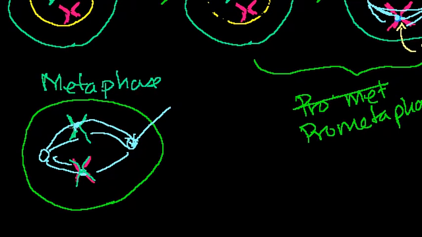Metaphase, you just have this aligning of the cells, and there are actually some theories on how the cell knows to progress past this point. How does it know that everything is aligned and attached? There are some theories that there's a signaling mechanism: if one of these kinetochore proteins isn't properly attached to one of these ropes, somehow a signal is sent that mitosis should not continue. So this is a very intricate process.